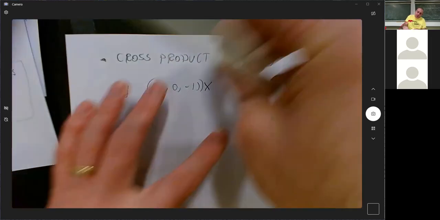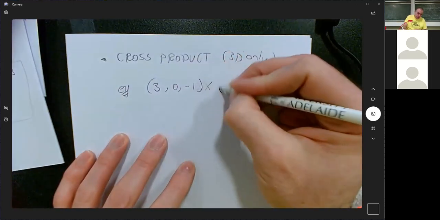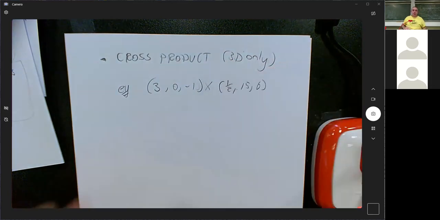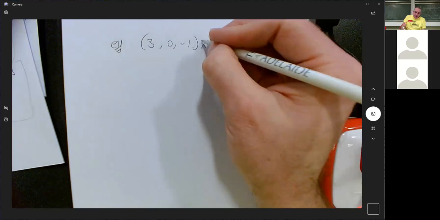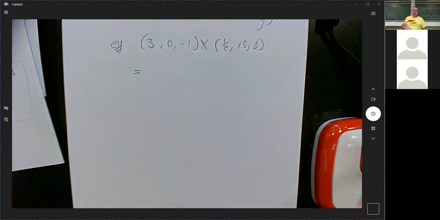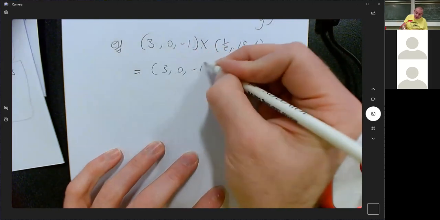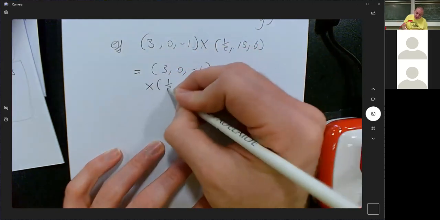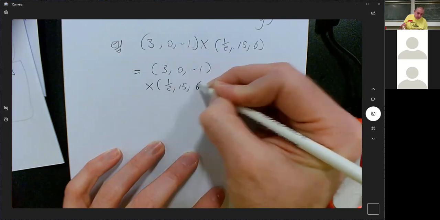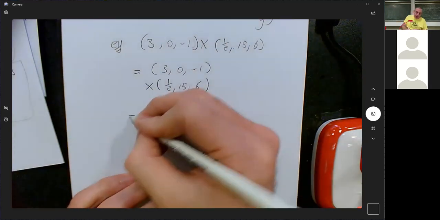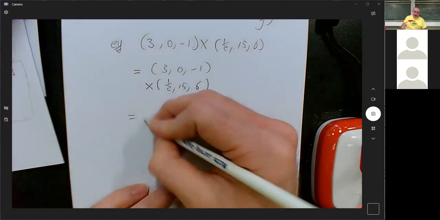Oh, I already drew the arrow. And it goes like this. I find it easier to write them on top of each other to do this, so I'm just gonna do this. It is extremely important to do them in the correct order because you get a different answer if you do them in the opposite order. So you've got to put the first one on the top and the second one on the bottom, and what you will do is 3 calculations,